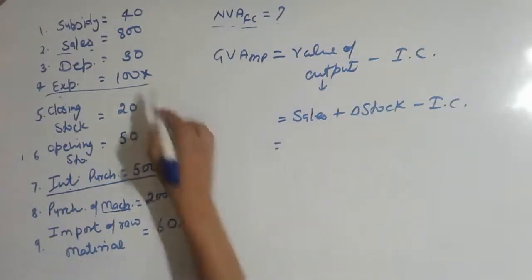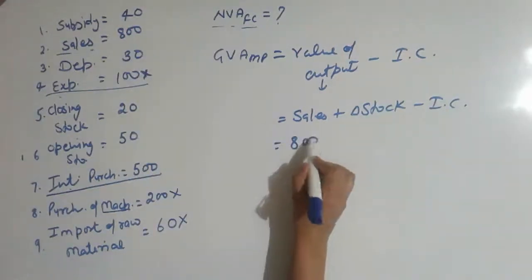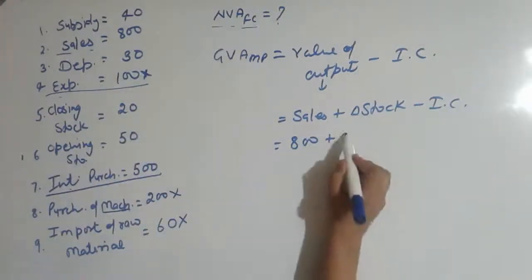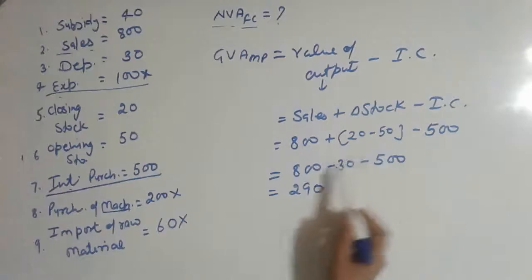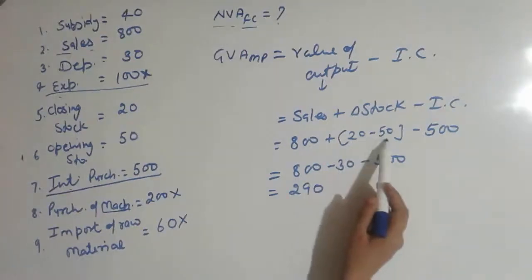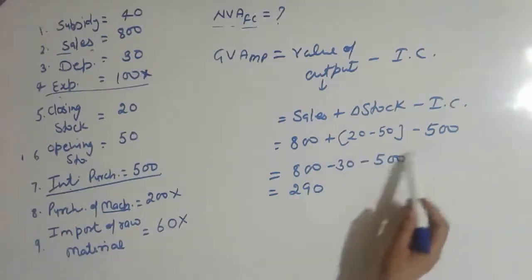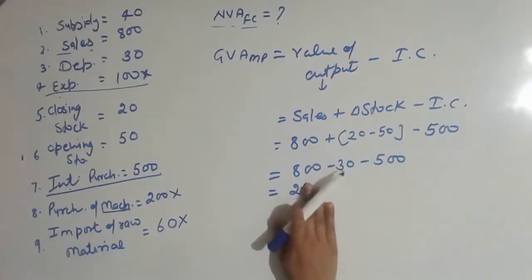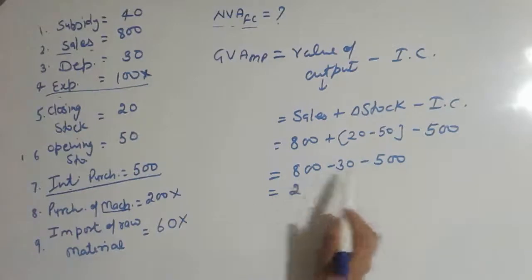Now put the value of sales equal to 800 plus change in stock closing minus opening. By solving this we get 800, change in stock equal to minus 30 minus intermediate cost equal to 500, and this is equal to, by solving this we get